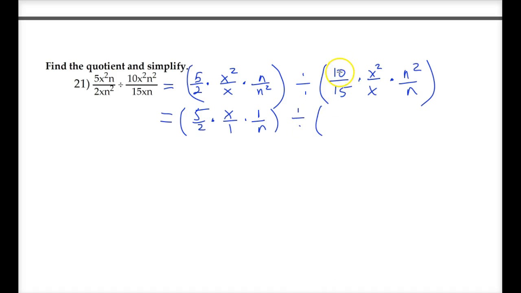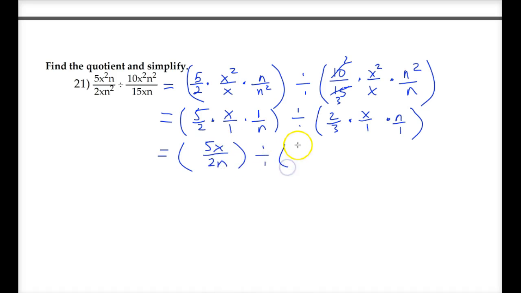Divide by. Both 10 and 15 have a common factor of 5, so 5 goes into 10 2 times, 5 goes into 15 3 times, so we have 2/3 there. X squared divided by x is just x over 1, and n squared divided by n is just n over 1. And so now if we take all these things inside each of the parentheses and multiply them together, we have 5x over 2n divided by